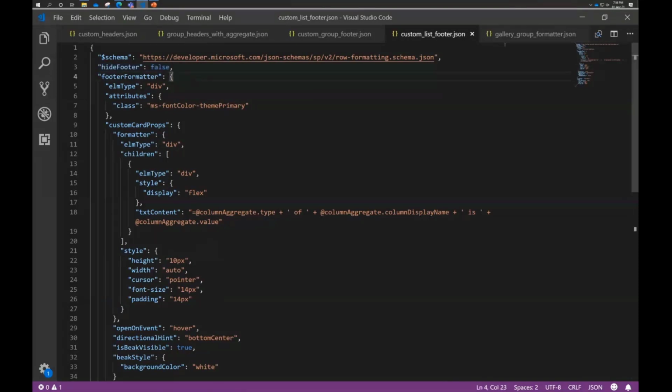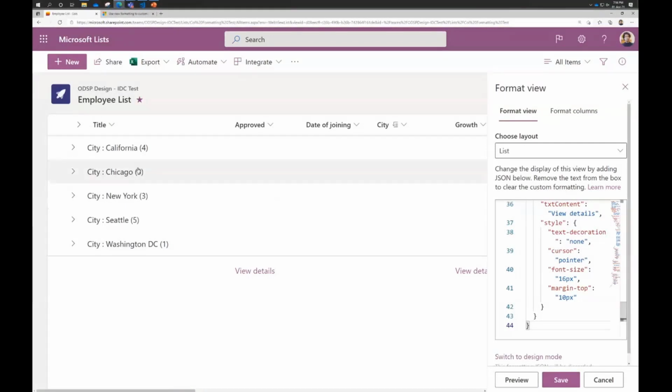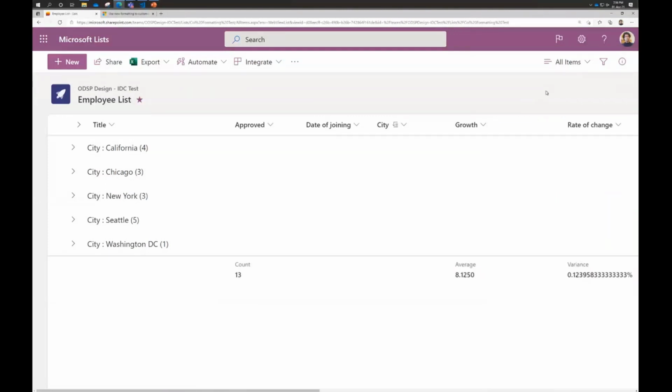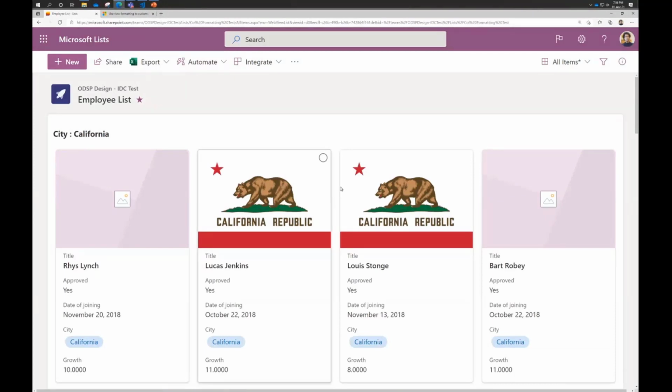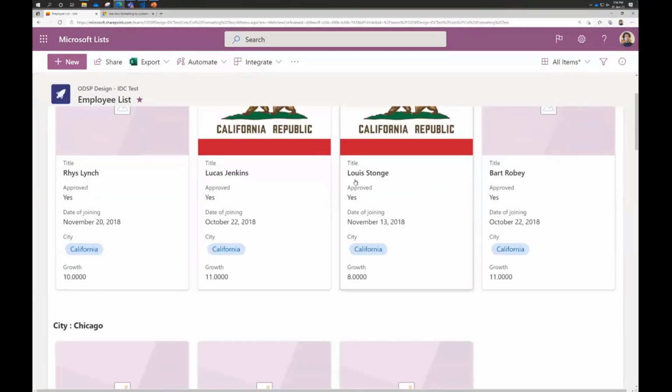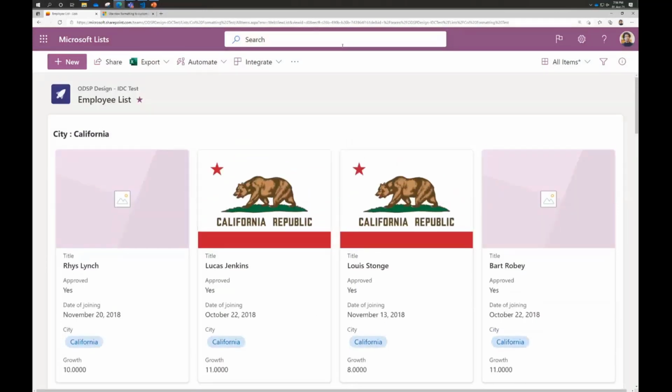Before I close, one last demo, which is that group header formatting is not just for the list view, but you can also do it for the gallery view. If I quickly switch to the gallery view, you can see that the gallery tiles, the cards, are grouped already using the city column.